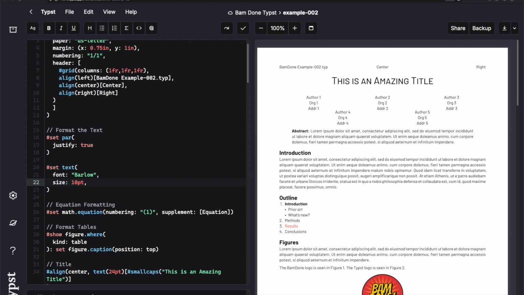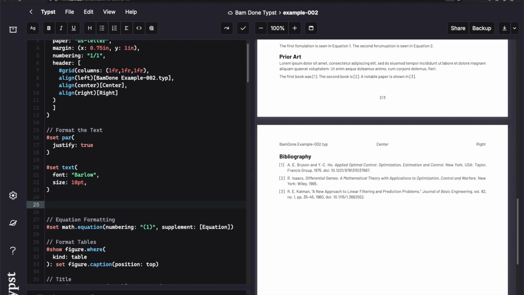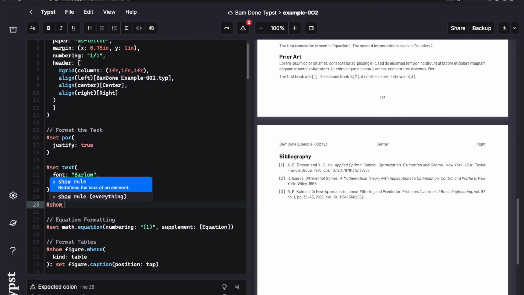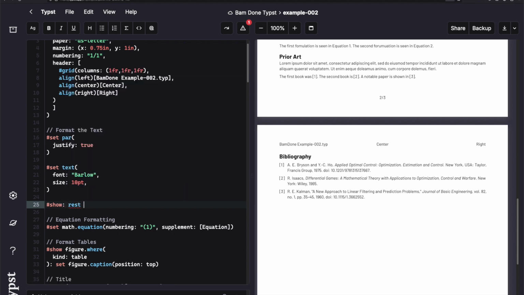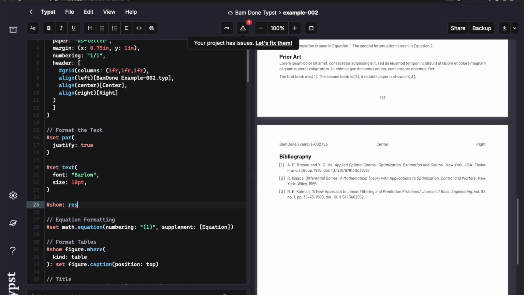I think another thing we could do is format the document so that the whole document is 2 columns. Maybe you don't want a full width page. Maybe you want a double width paper. One way you can do that is use a show rule. Let's just use the word rest. So that's the rest of the paper. We're going to want to do this under